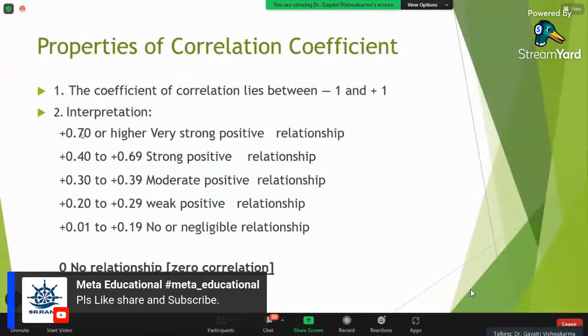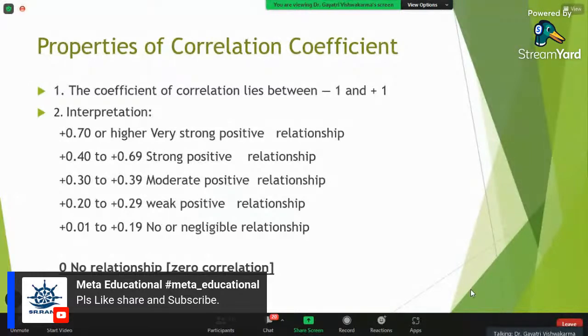If you find a correlation of 0.7, or 70%, or more, we have to say the two variables have a very strong positive relationship, variables x and y.